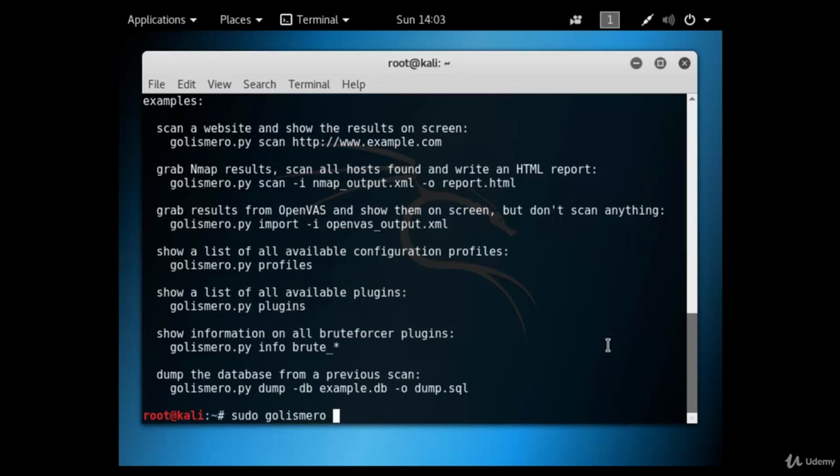Galishmiro. And then I'm going to say the command I want to run for the application is scan, and then my target host. This could be an IP address or a host name. I use the path to my web server, HTTP, and then the name of my web server. And I could just hit enter now and it would scan that target and you would see the output in the terminal. Well, it uses so many plugins by default that it could take a really long time, and since this